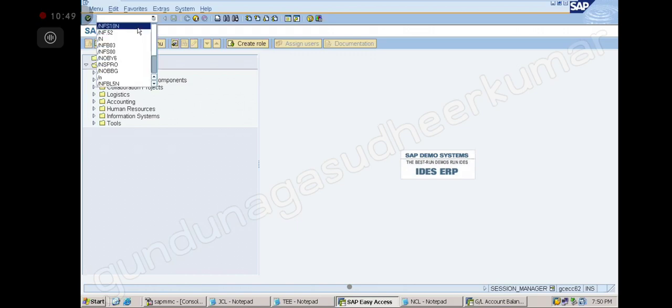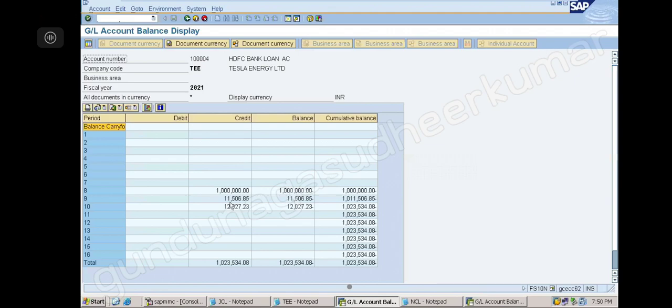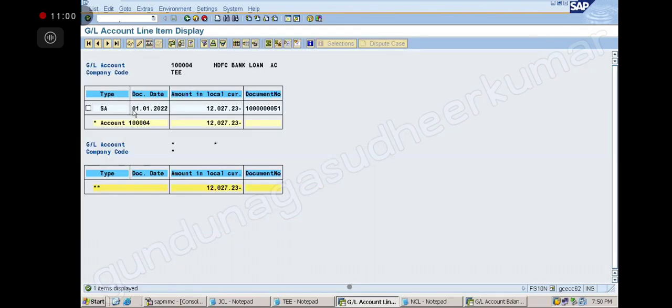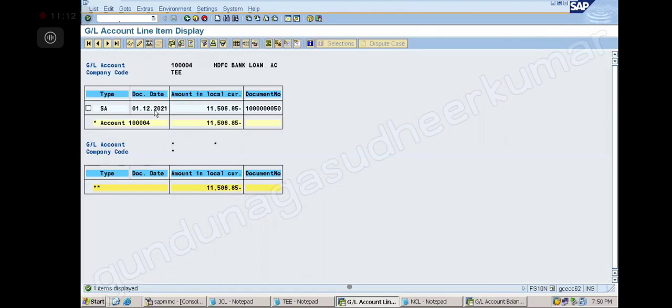If you observe here, FSNL, that interest will be posted in the next month, on the 1st. So it is posted on what date if you observe here? 1/1/2022. December interest is posted on the 1st January. November interest is posted on the 1st December. Got it?